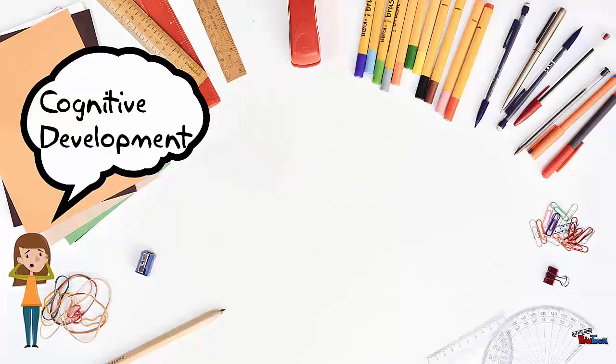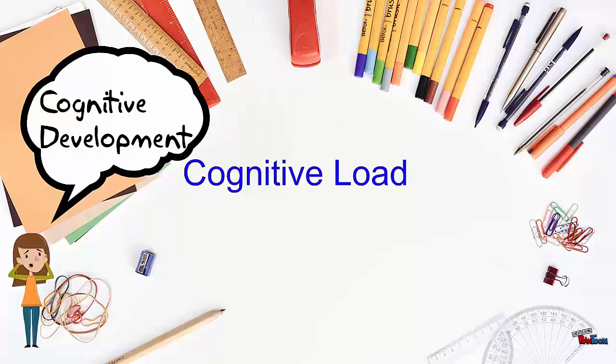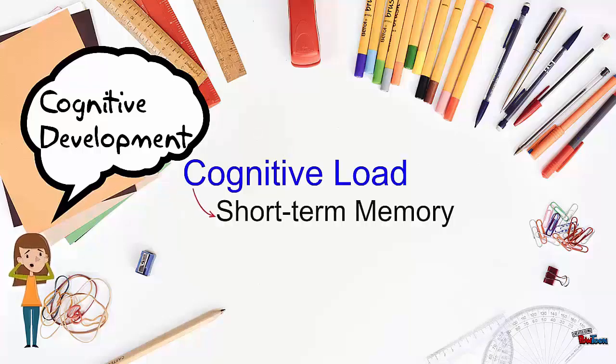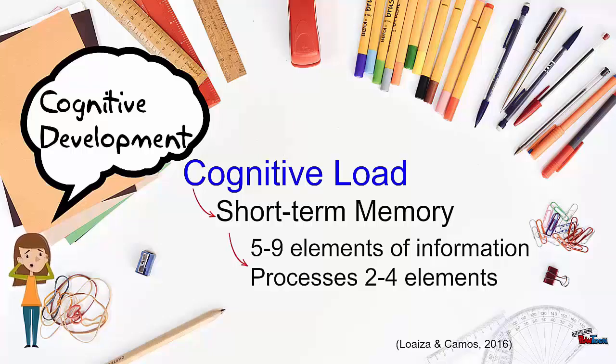Cognitive load should also be taken into consideration, as she states that she often forgets class content and struggles to keep up. Short-term/working memory can only hold around 5 to 9 elements of information, while only processing 2 to 4 elements of information. The limits on short-term memory must be taken into account. If she is struggling with classwork, it can lead to disengagement and distance from her peer group.